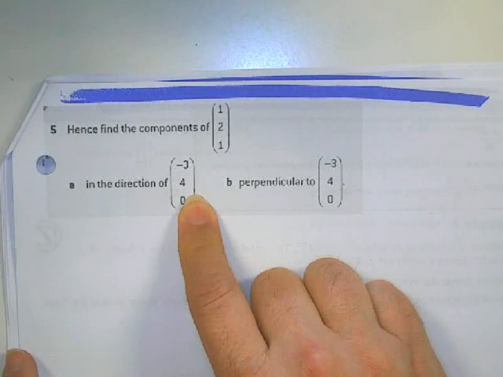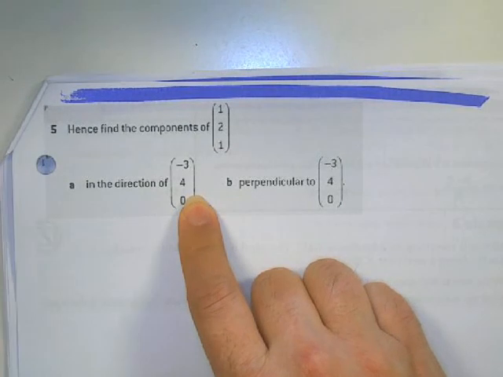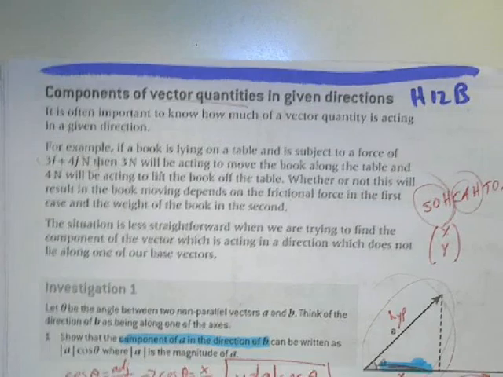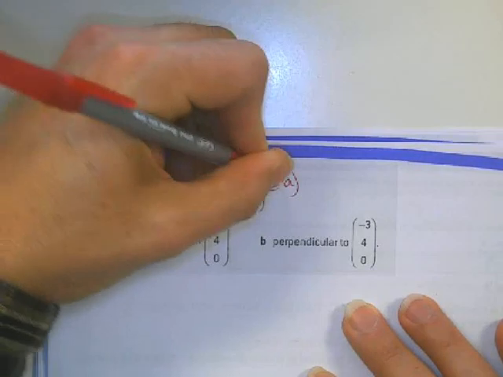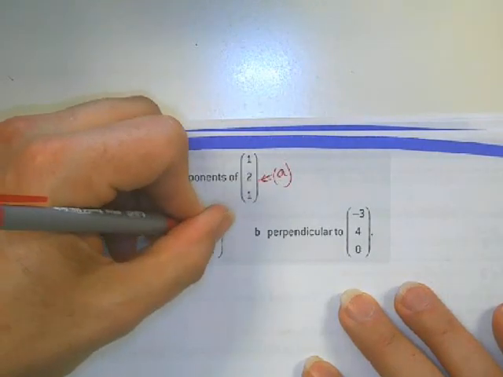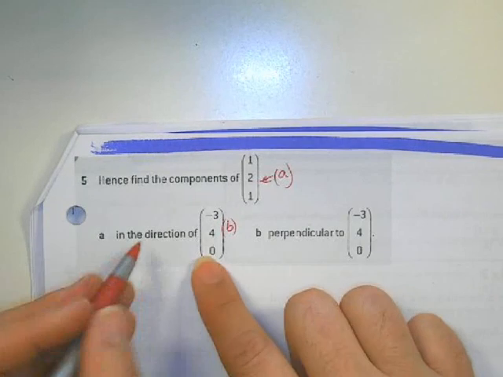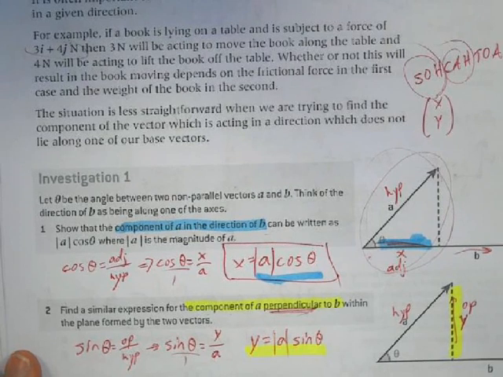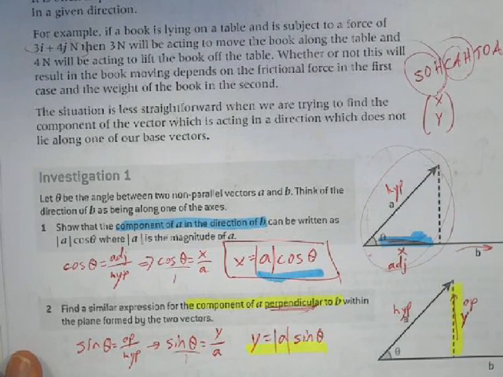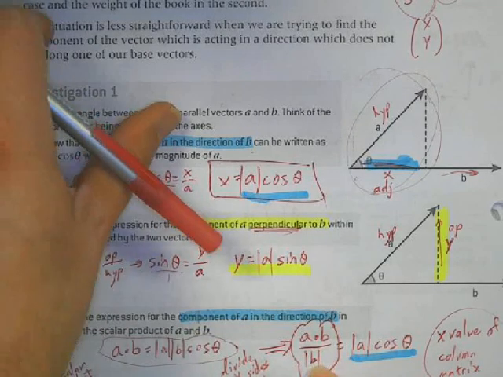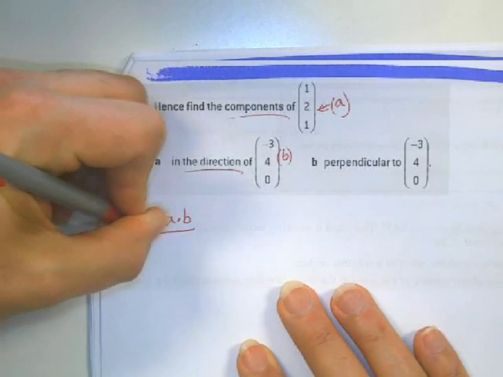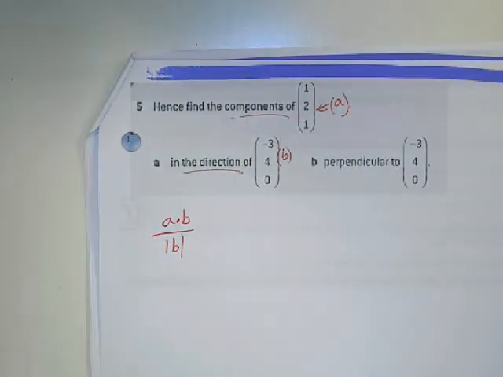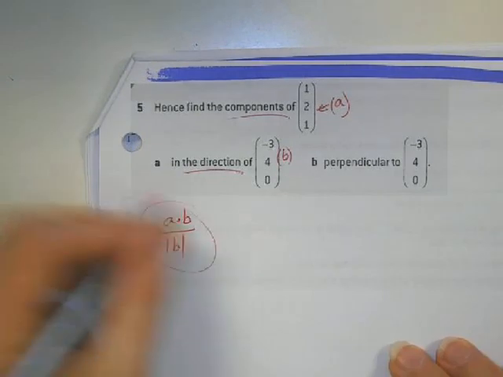Okay, so we're going to call this first one matrix A, and I'm going to call this matrix B. If it's in the direction of this, then we're going to use A dot B over the magnitude of B. Right, that's what we did. So we end up with